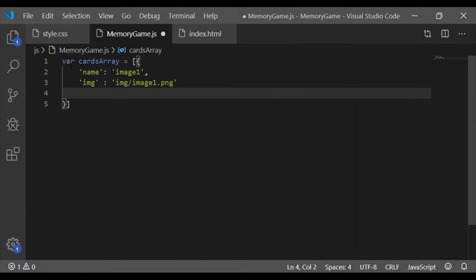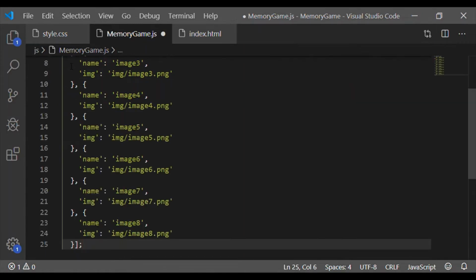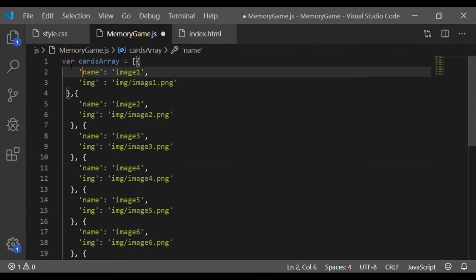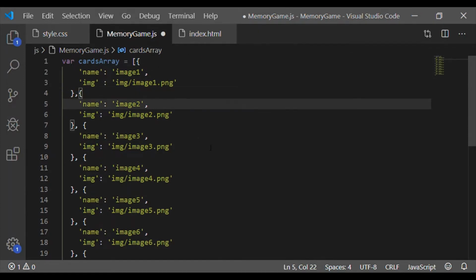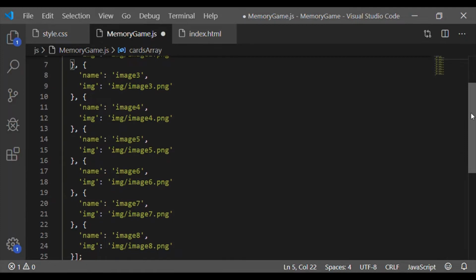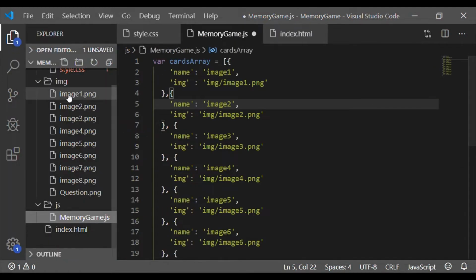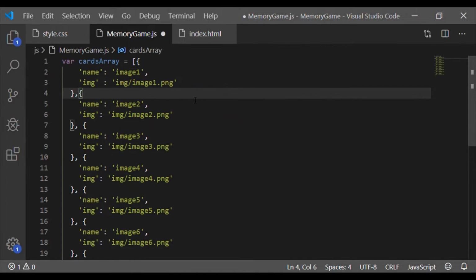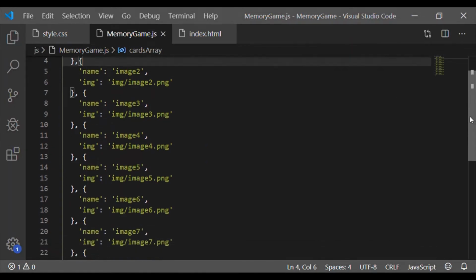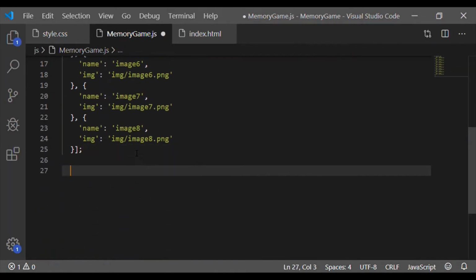Here I have a folder image and I am taking image1.png and assigning it to image. Similarly, to this cards array, I am going to bring all the 8 images that I already have in my image folder. So image 1 to 8 are now included in our cards array, and they have 2 elements, name and